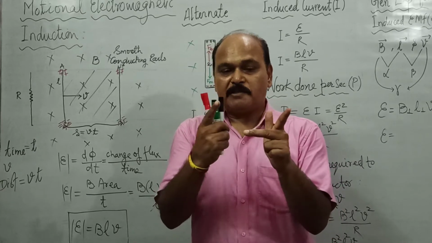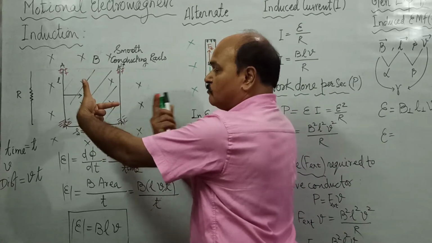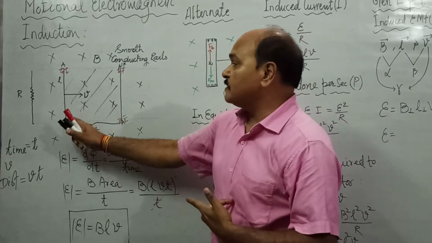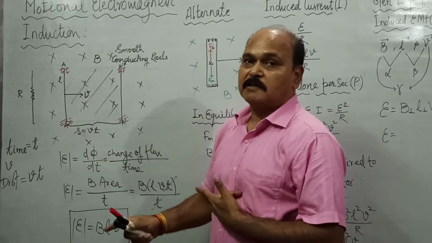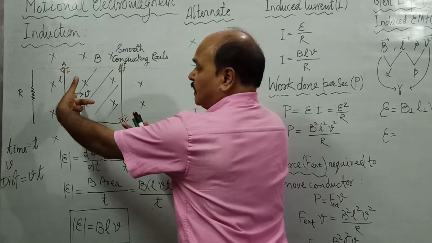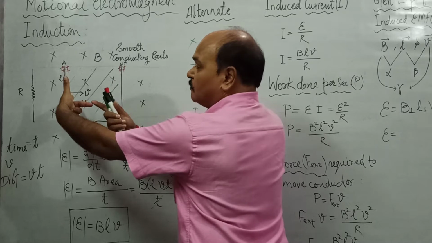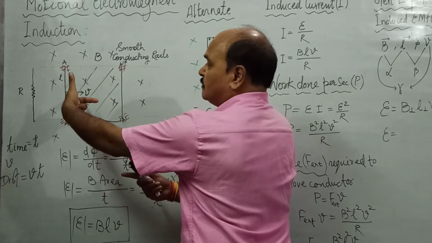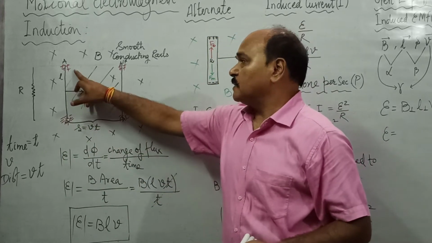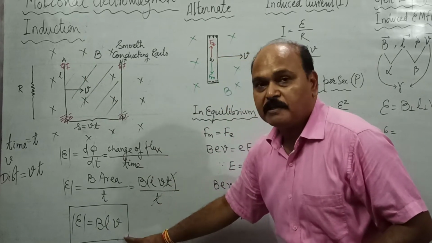This is magnetic field, this is velocity, this is force. So magnetic field is cross, velocity of the conductor is towards right. If v is the velocity of the conductor, then v is also the velocity of each and every free charge carrier inside the conductor. So every free charge carrier is moving towards right, and the force acting over a positive charge carrier is in the direction of the thumb, and force acting over negative charges, that is electrons, is just opposite. So all electrons get accumulated here, and all positive charges get accumulated over this end, and this potential difference we have found out as BLV.